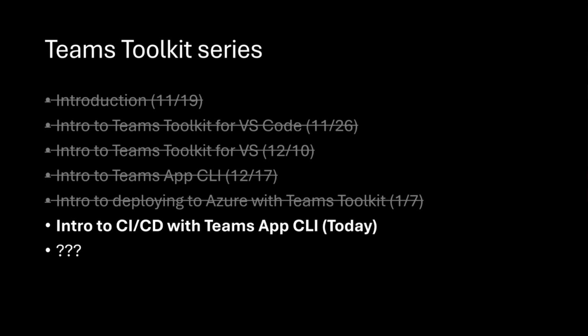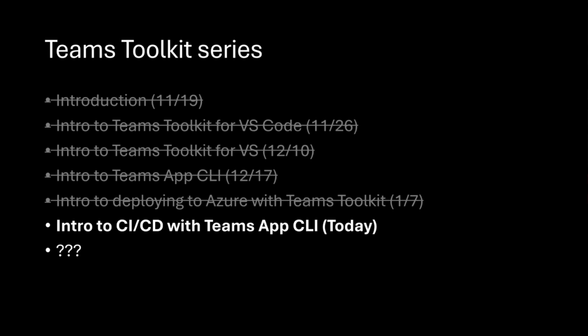I'm going to pivot slightly to something a little different and talk about CI and CD with the Teams App CLI. This continues the series that I've been doing over the past few months. Just a recap on where we've gotten to so far: we've gone through an introduction overall about Teams Toolkit, which are our dev tools for creating Teams apps, also Outlook extensions, really anything that the Unified App Manifest supports. And we have extensions in VS Code and VS, so we talked about those. You can catch up on the recordings for those things if you missed them.